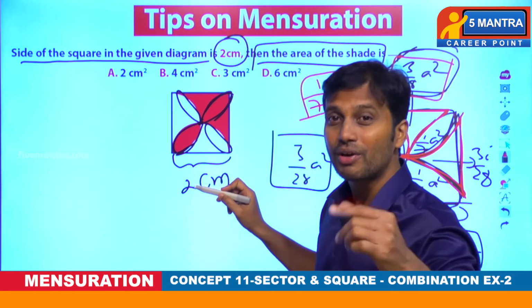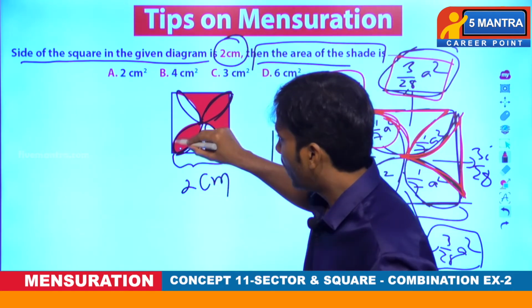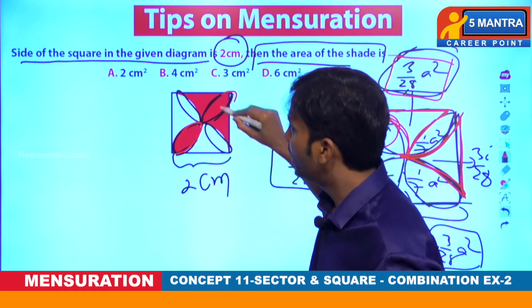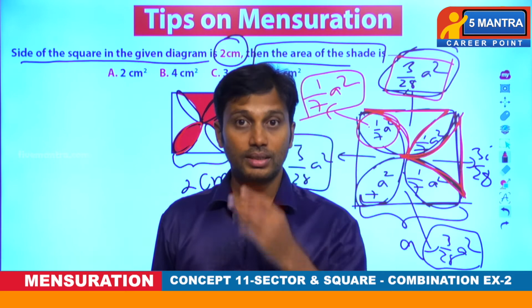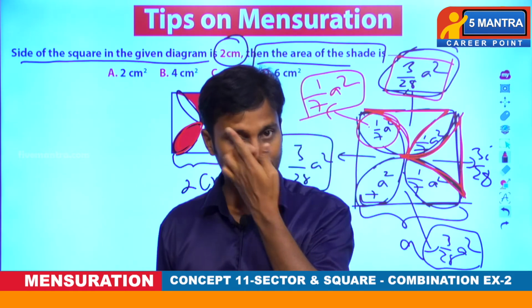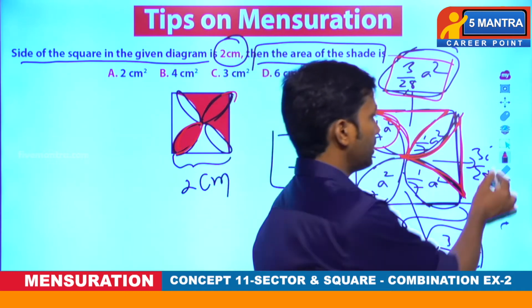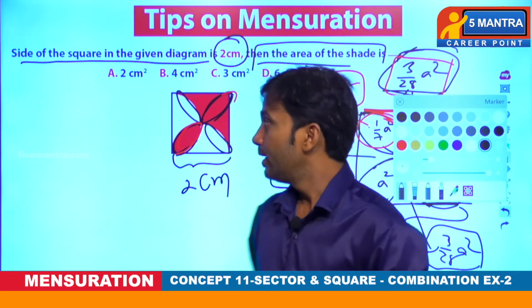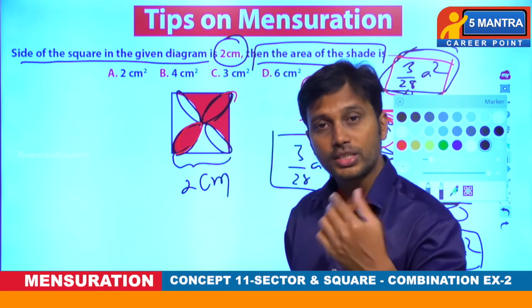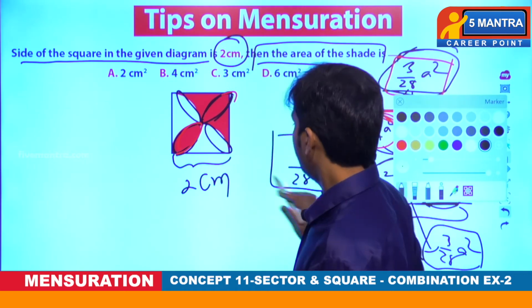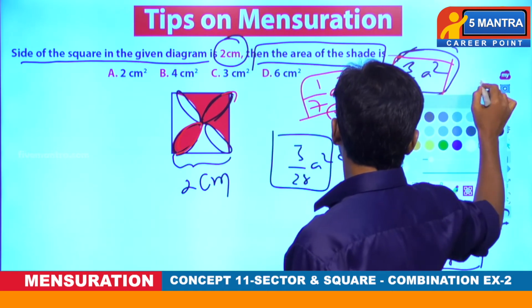Now, if you would have completely drawn all the petals, then the area asked in this diagram is equivalent to one petal here and one more petal here and 2 gaps, or not. Guys, if you didn't understand this, once again I'll tell you, but don't go blindly with this. Here, if you would have drawn all the semicircles successfully, then this gap means I'll rub this, otherwise it may be confusion.